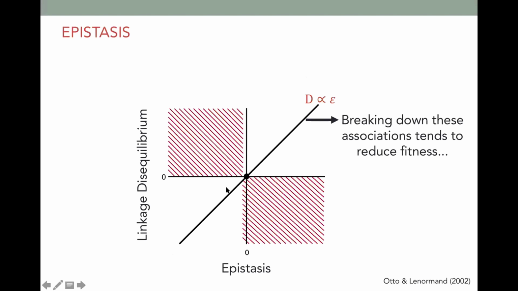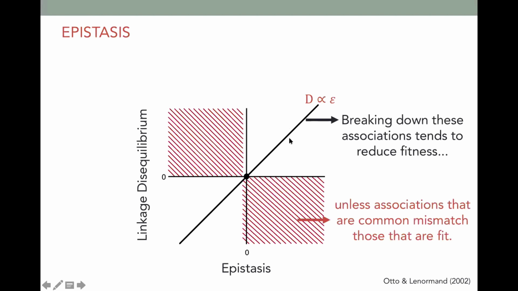And that means that when recombination happens, it will tend to break up the very associations that have been built by past selection. And that will tend to reduce fitness immediately in the offspring. We call that a recombination load. And by and large, most of the time, we're going to see a reduced fitness in the offspring. Only in these kind of oddball zones where there's disequilibrium that doesn't match the amount of epistasis in the population do we see the recombination load reverse and actually create an advantage to breaking apart the genetic associations that are present.